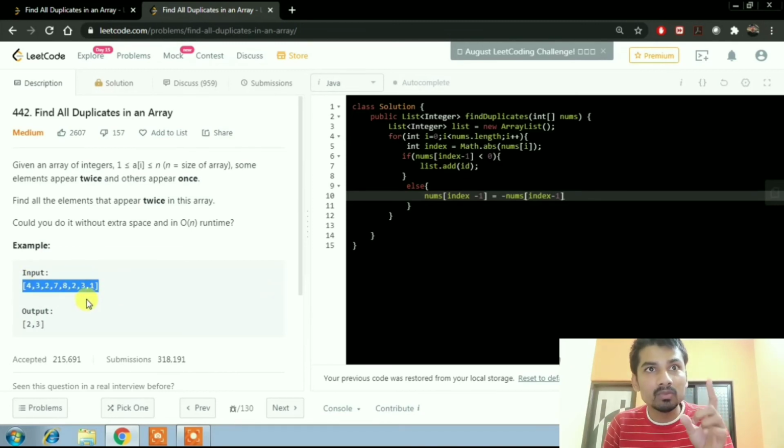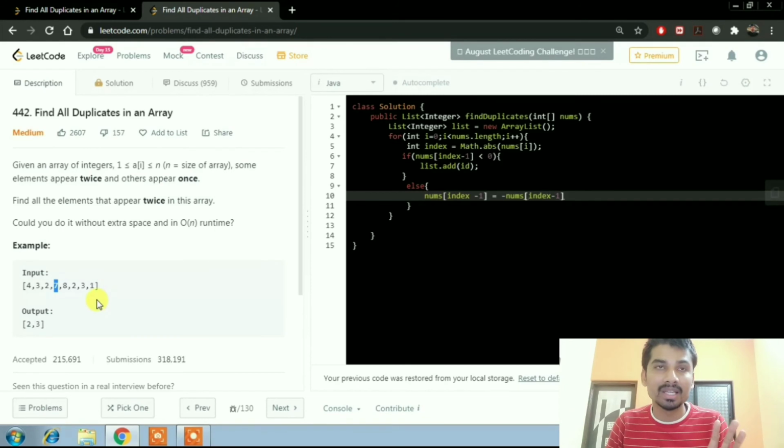We subtract 1, 4 minus 1, and we get 3. The 3 is nothing but the index. We go to that index and check, and it is not less than 0, so we convert this to minus 7, and we keep it at the same index position in the array, which means we are not using extra space here.